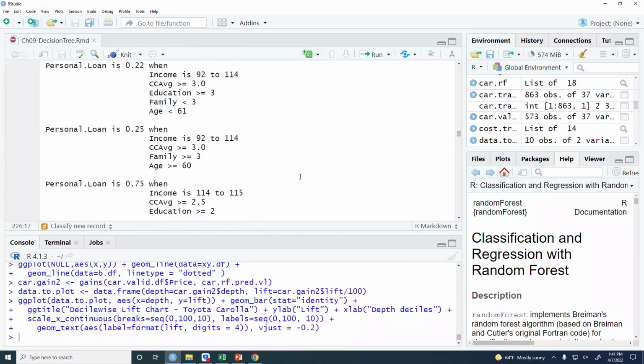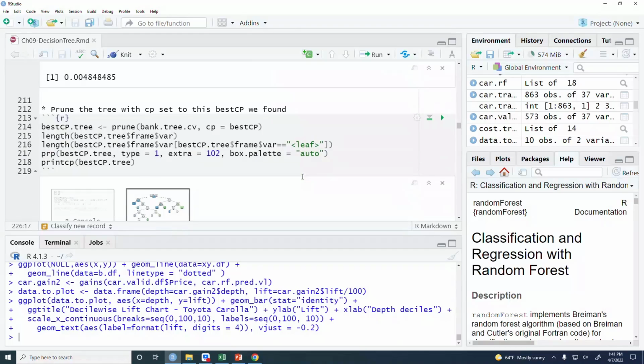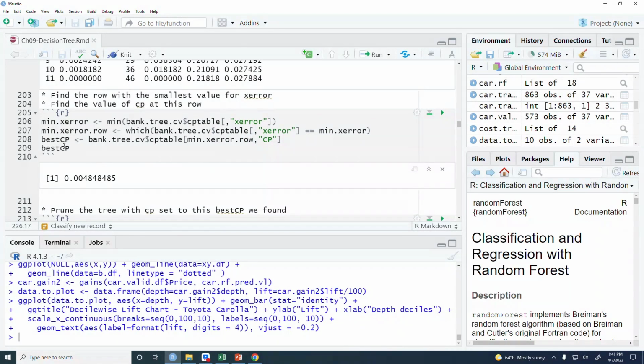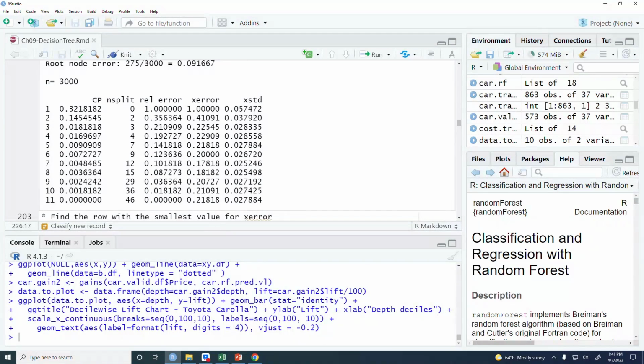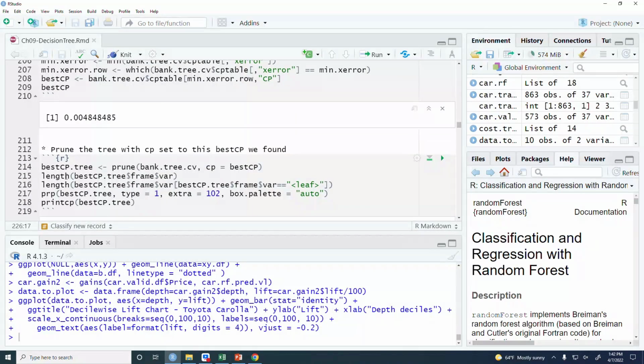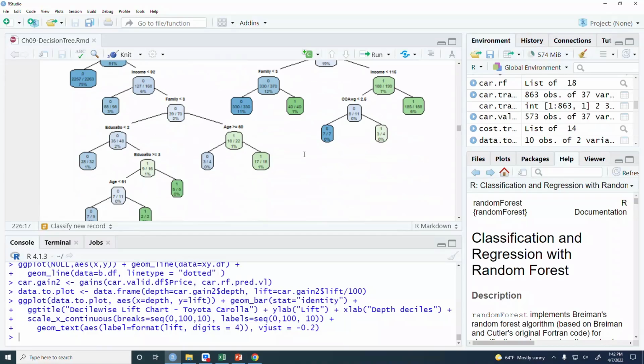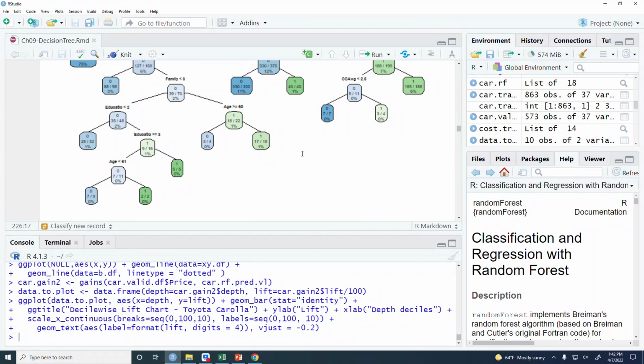Okay, so now I want to go back to the best tree that we created using the best CP value. So we look for the minimum X error. X error is the cross-validation error. Corresponding to the least X error value, we got the CP value, and then we ran the prune method with that CP to prune back. Okay, so I want to go back to that tree and then show you how to use the